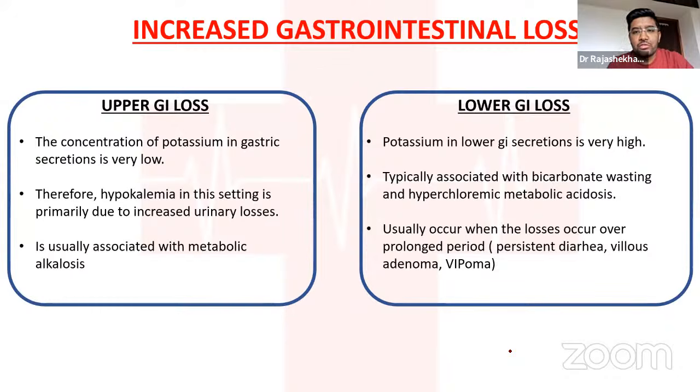So next, the most common cause of hypokalemia by reducing the total body potassium is the loss of this potassium from the body fluids. So it can be from the GI tract or from the kidney, or very rarely from the sweat. So from the GI tract, yes, the lower GI loss. We know that potassium is very high in the lower GI secretions due to the presence of these colonic BK channels, which actively secrete this potassium.